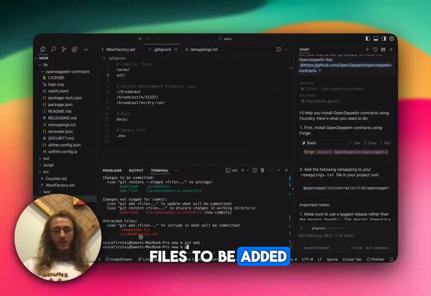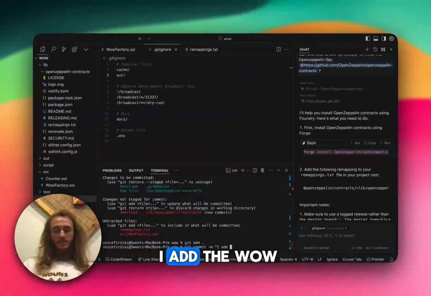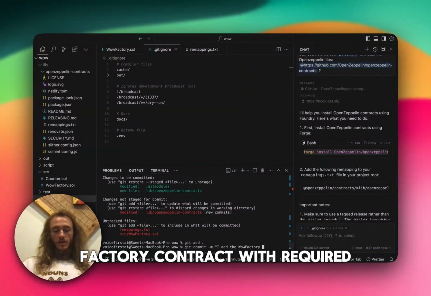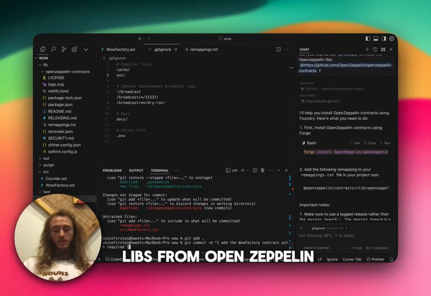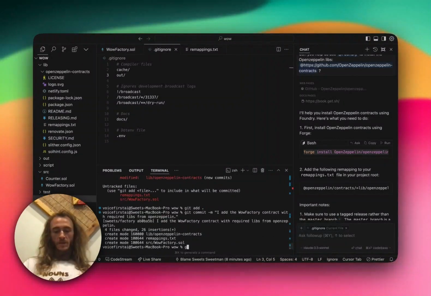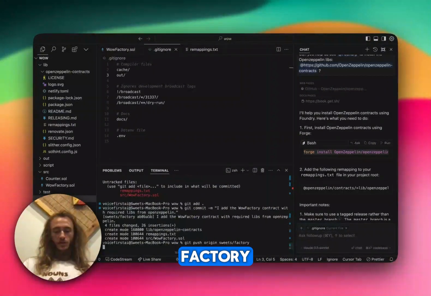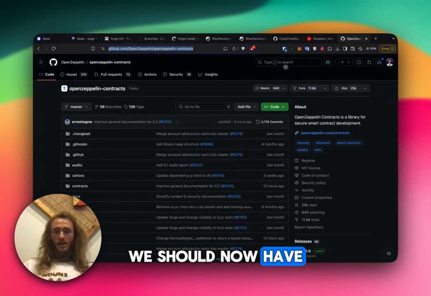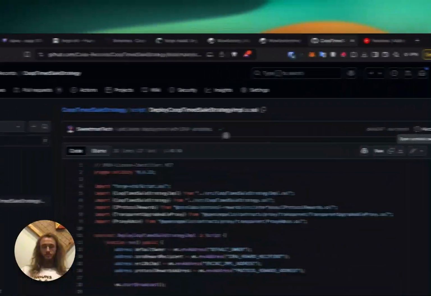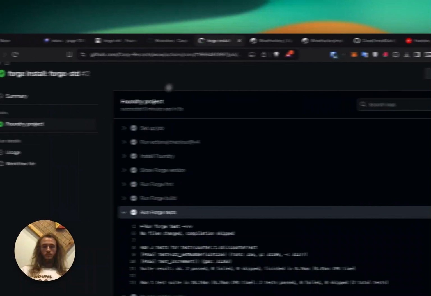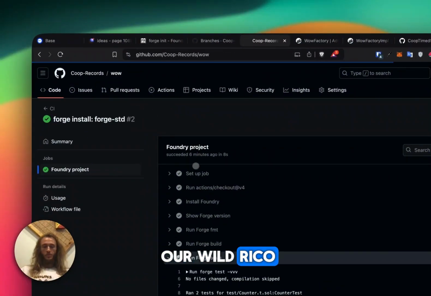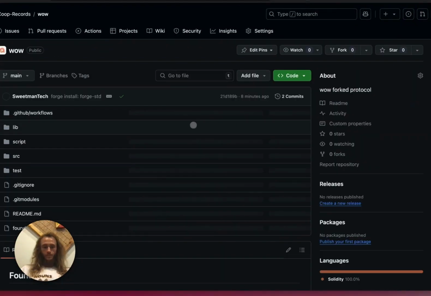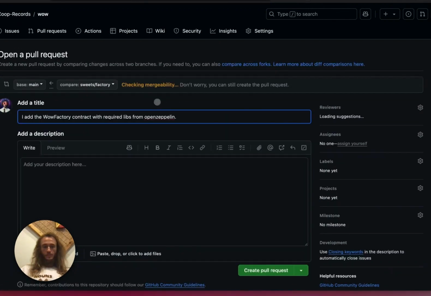Git commit -m "I add the WoW factory contracts with required libs from OpenZeppelin." Git push origin suites/factory. We should now have a pull request waiting for us. If we go back to our WoW repo and we compare into main,